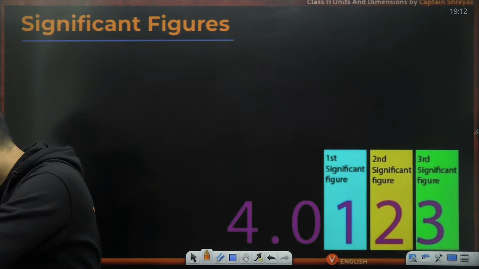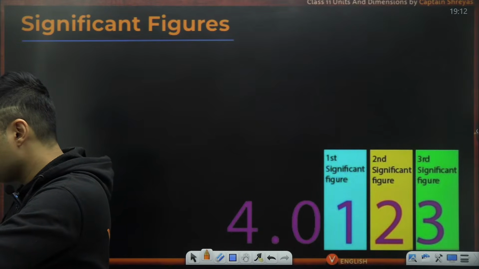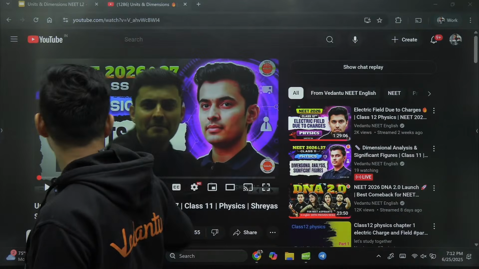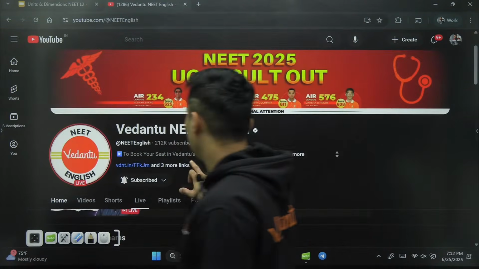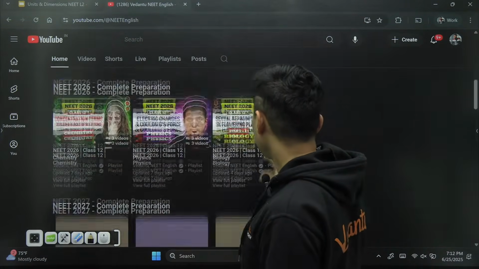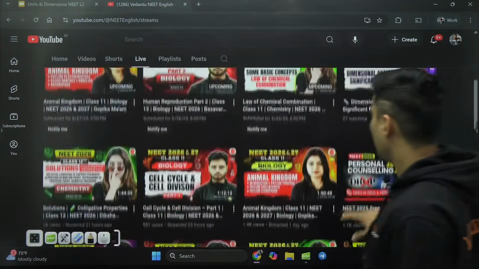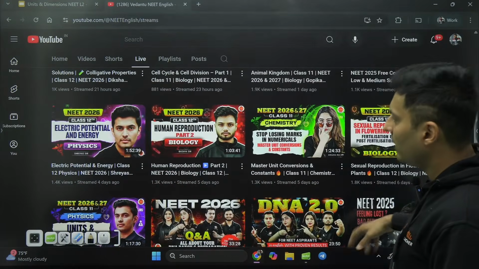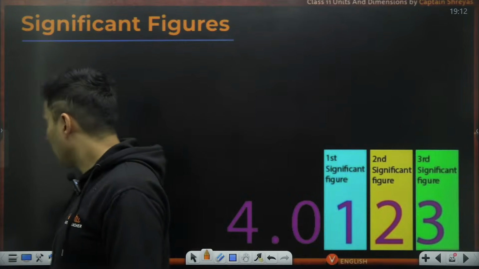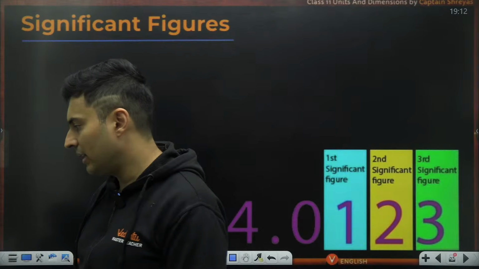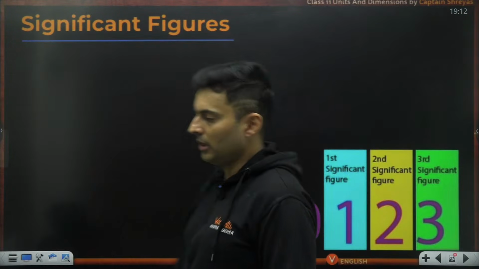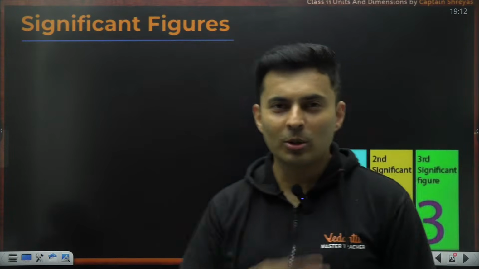Okay, perfect. The 12th physics electric dipole session is not available in the live section. Yes, there is one session which we need to do before that. Potential energy we have done. Have we done potential energy by any chance? I don't remember. Did we do potential energy? Oh, we did. So the dipole has to be done. I'll make sure that it will be made live. Don't worry. If there is an issue with the live session, I will make it live. Don't worry, guys. I will follow the proper order.